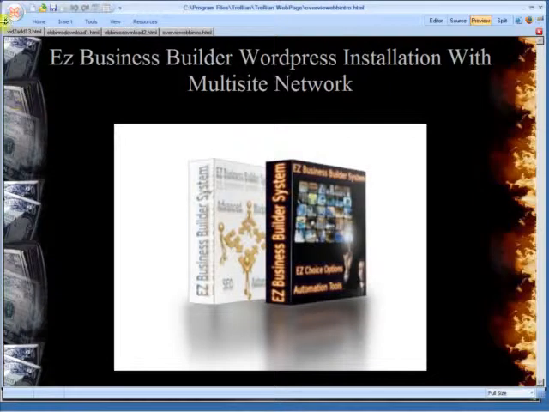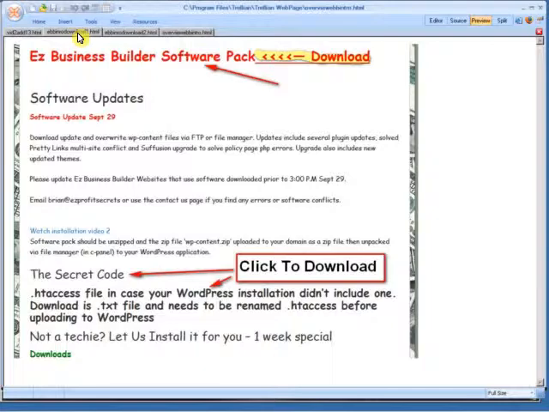And so in this part, I'm going to demonstrate how to set up your WordPress website and install the software. In the next video, I'm going to show you how to activate the multi-site network, which is going to just explode your business and traffic. So, without further ado, the first thing you need to do is on your desktop create a folder